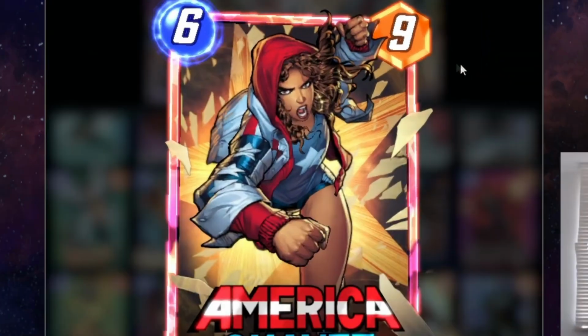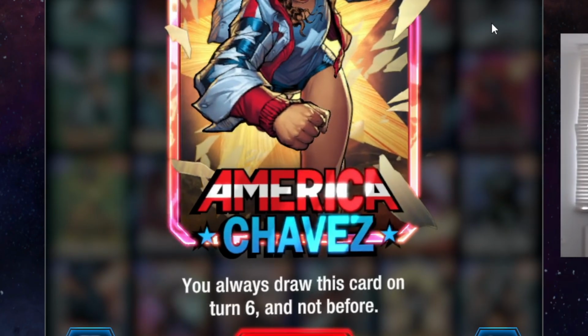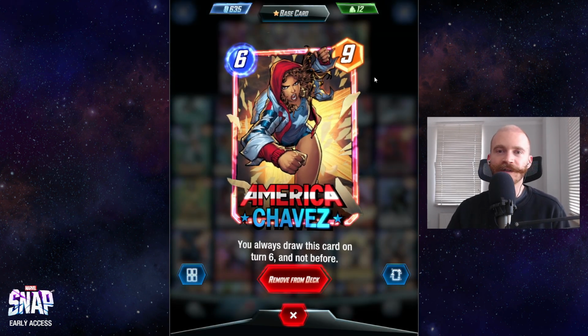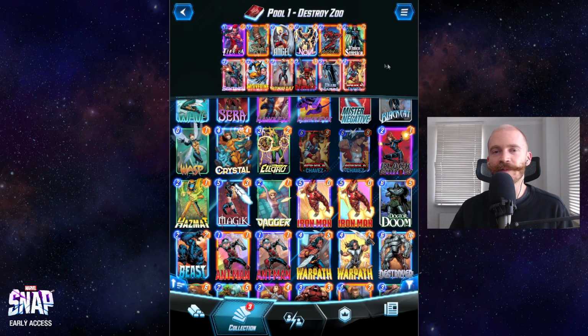Last card not mentioned yet, America Chavez is both a very consistent finisher as well as thins our deck. That means until turn 6 we basically only play with an 11 card deck, which results in us drawing all of these combo pieces a bit more often. Chavez is just a solid power card and you'll see her a lot in these pool 1 and pool 2 builds. And I will showcase a gameplay highlight with this deck in a second, but before that I want to